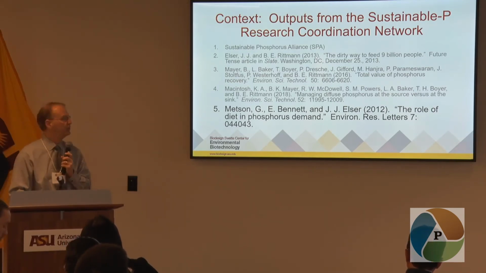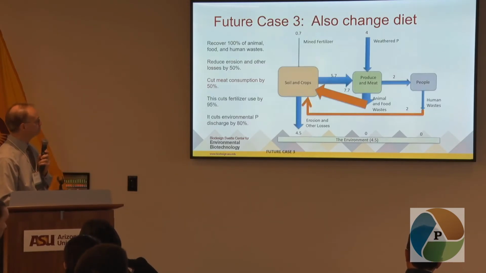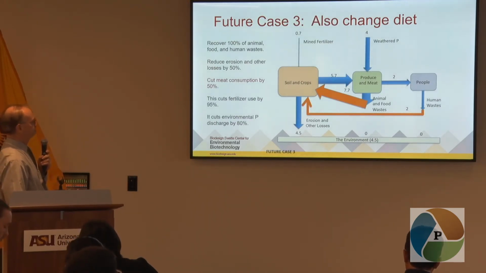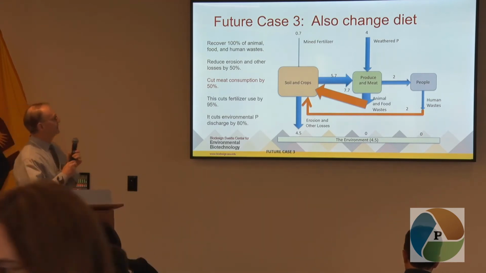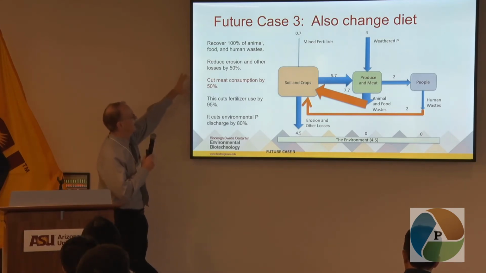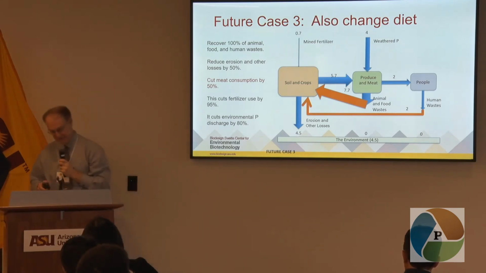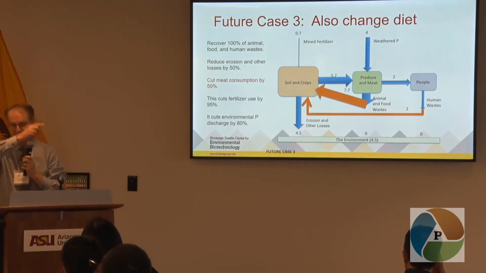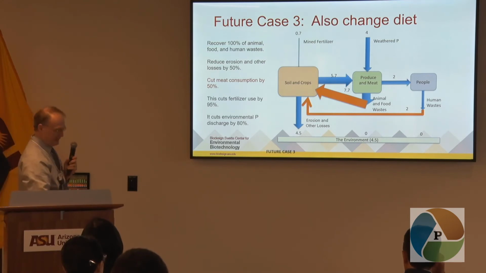So this is another output from our RCN. And here again now is the graphic where we are recovering all the animal wastes, capturing 50% of the erosion, land runoff type of things, and we're going to cut meat consumption by 50%. So we have to feed a lot fewer animals, and we have a lot less flow of everything through the system. If we do that,